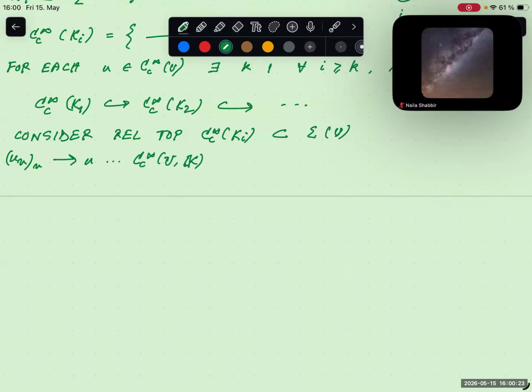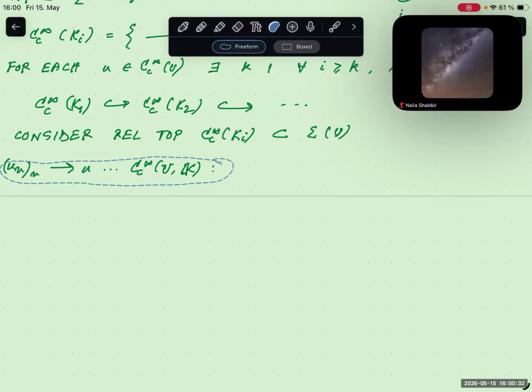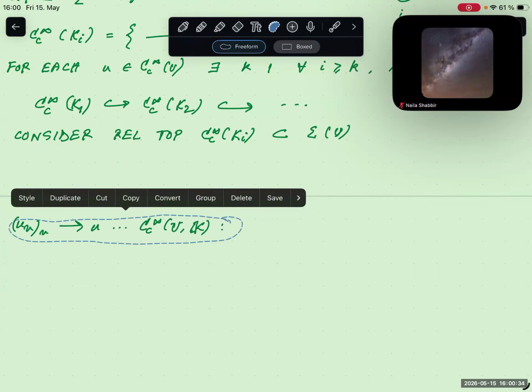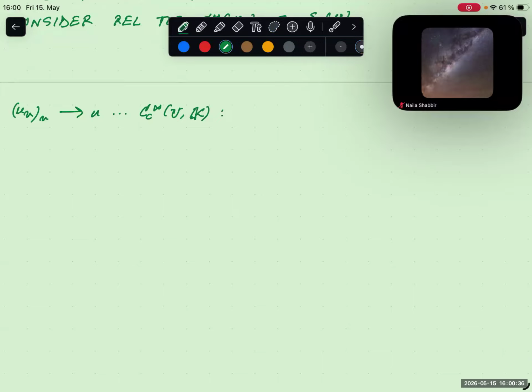This means that, okay, let me write here, u_n converges in this space